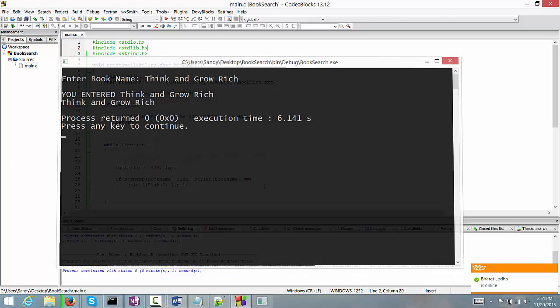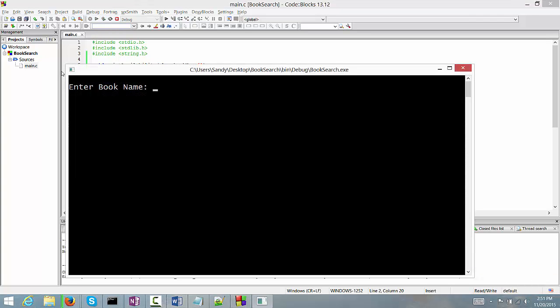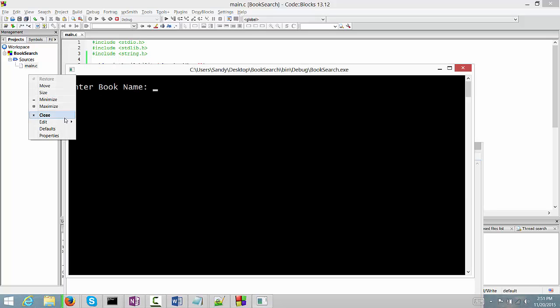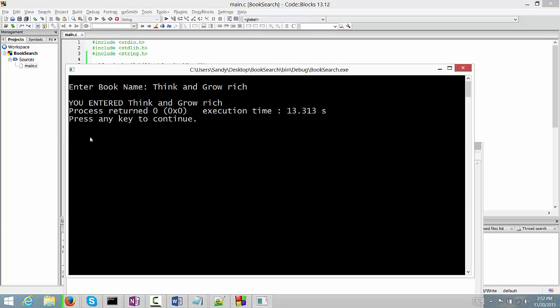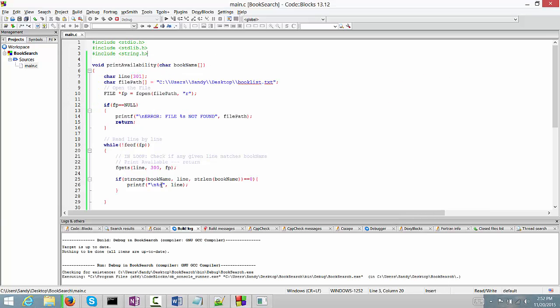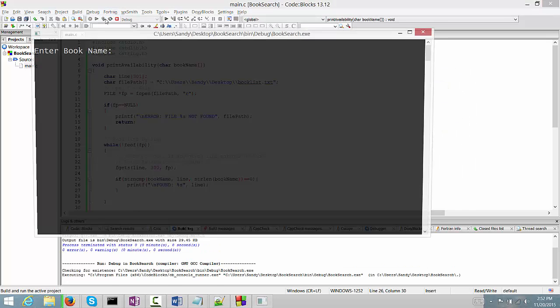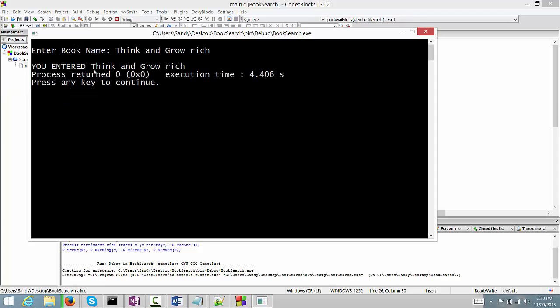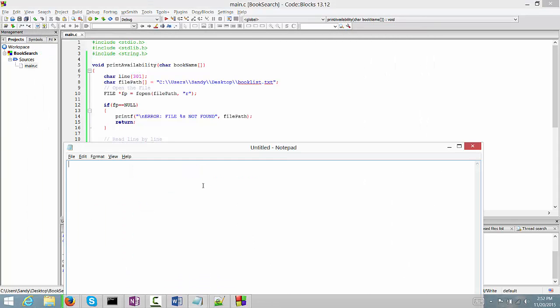Now another feature if we want to build is to make it case insensitive. Even if the user enters small r, it should say the book is there. Right now our program will not work because we have made it case sensitive. String compare by default is case sensitive. See, it did not say it found. Ideally, let me print here "found". Now let's compile it. Let's go and paste it. It said you entered, but it did not say found because we have made r smaller, and in the file